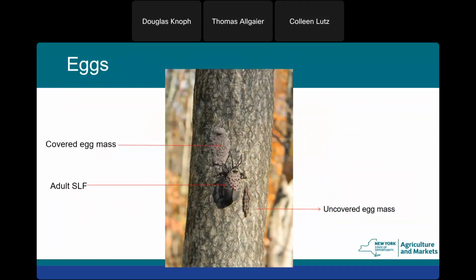Here's another shot of egg masses and a female laying eggs on a tree of heaven. It's got that cantaloupe type bark to it, especially when they're young. The egg mass in the top left is covered already. It looks like she was interrupted as she was laying the egg mass on the right, because typically an egg mass has 40 to 70 eggs. That's certainly not a normal size egg mass, so she was probably disturbed while she was laying those eggs and walked away. But they'll often walk away after they've laid their eggs without covering them.